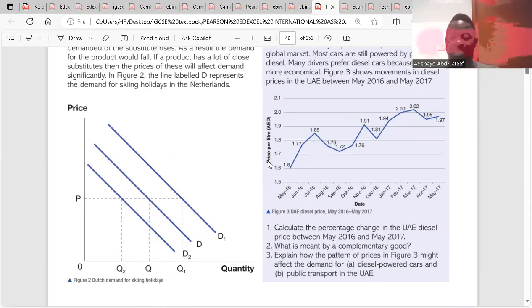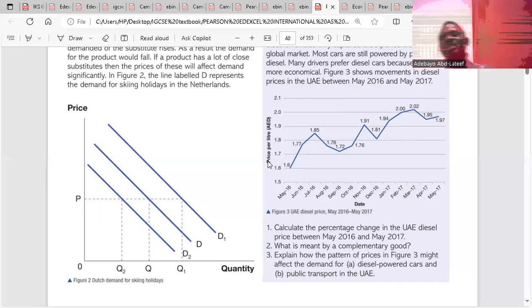So that is an increase in the quantity demanded of a product as a result of a fall in the price of substitutes, not a fall in the price of the good. A fall in the price will lead to a movement, but a fall in the price of substitutes will lead to a shift. So if the price of the substitute decreases, it leads to a shift to the right in demand for the substitute product. If the price of the substitute product falls, the quantity demanded for such product would rise